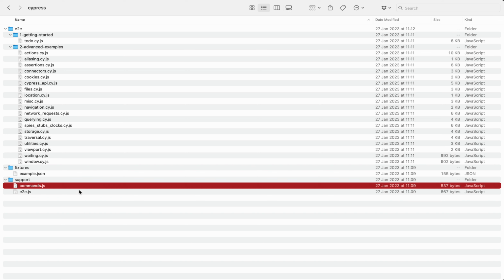The commands file is where you can add your most commonly used functions or create custom commands. You can create a login function within this file, and this will then be called or referenced in all of your tests if you need it.